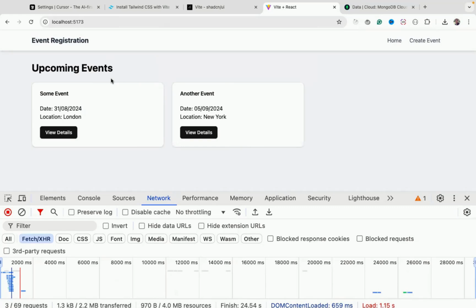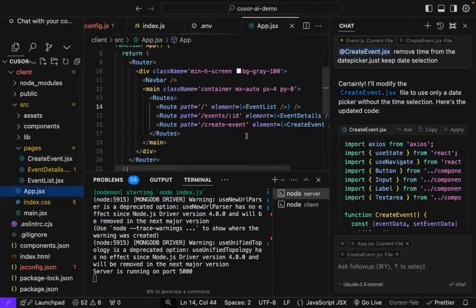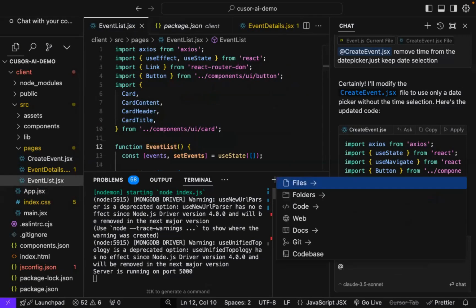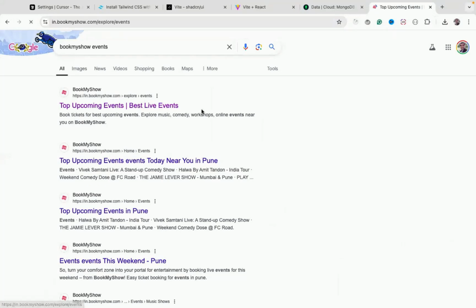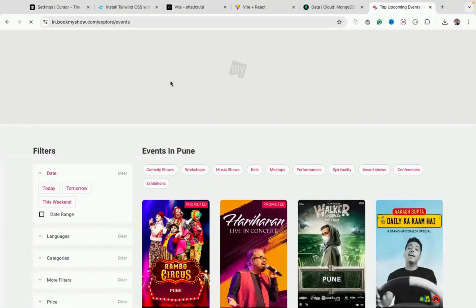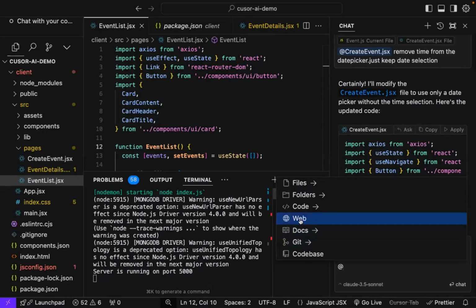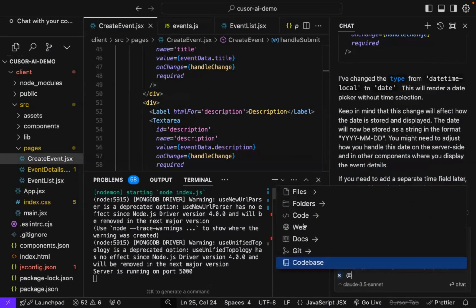So this is the event list page. If you check the App.jsx, the main route is event list. So we can select add. You can also see the docs. Also, you can tell it how to make that UI look. So let me go to BookMyShow events and we can tell it to make it look like this. I will copy the URL and say add @web, and I will enter this, and I can say add files,